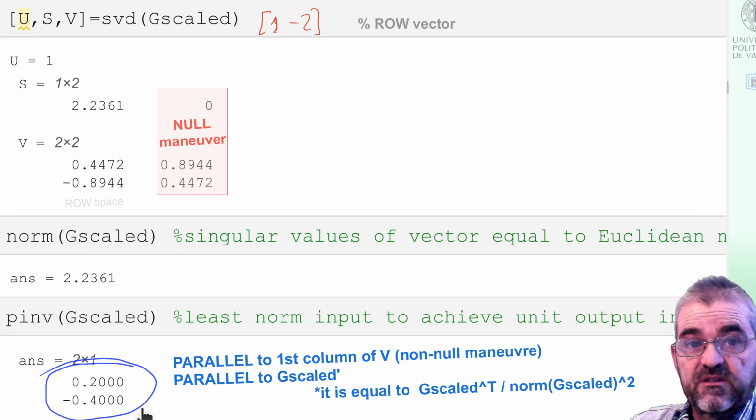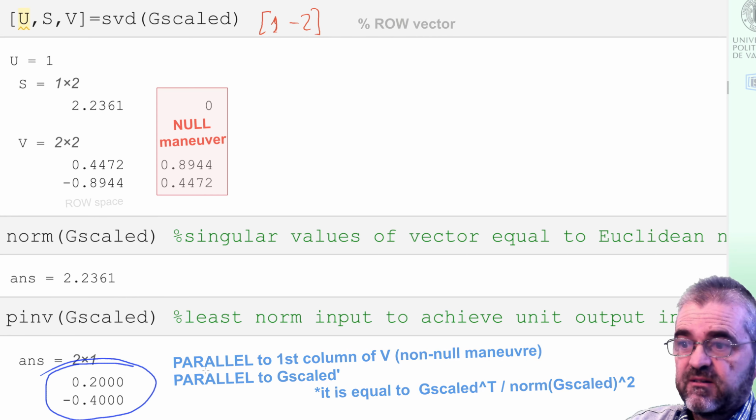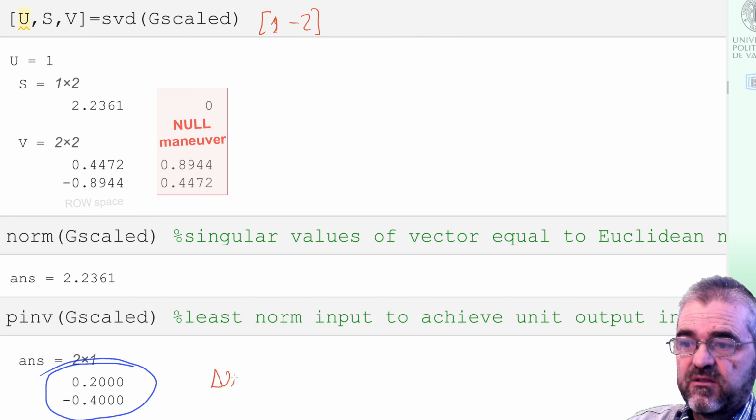But it's still proportional to the principal maneuver, and it indicates the control action achieving a lower increment U1 squared plus increment U2 squared, of course in scale units,